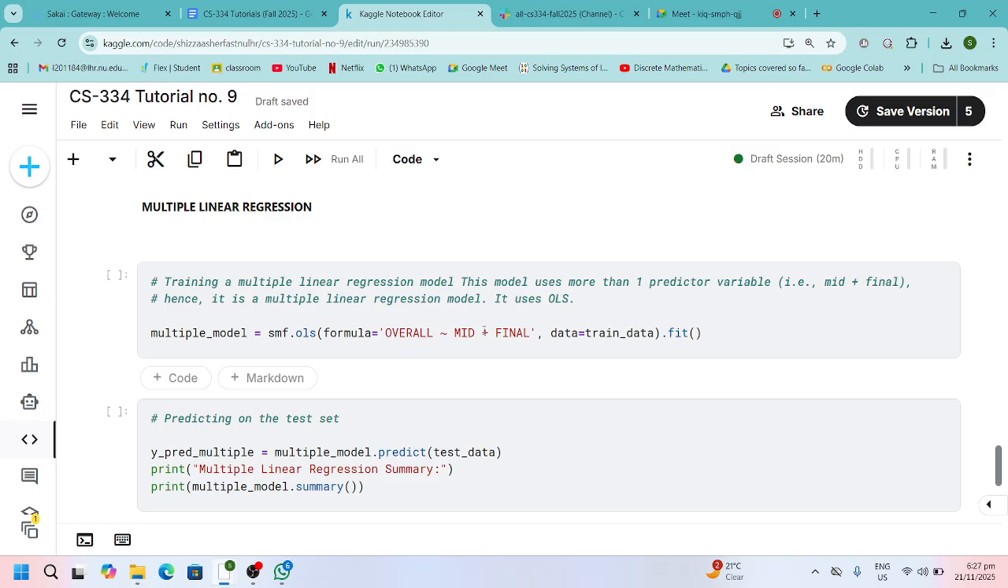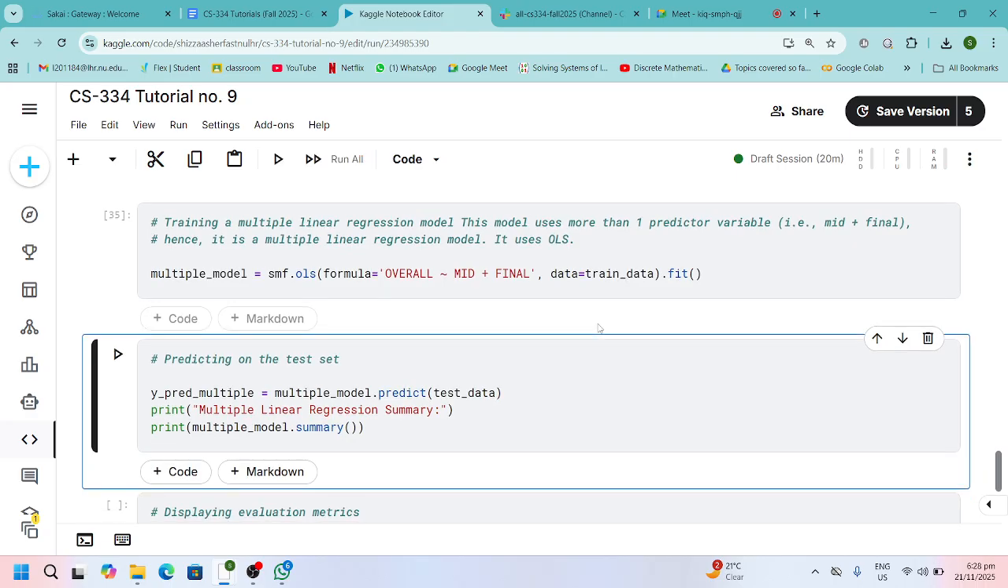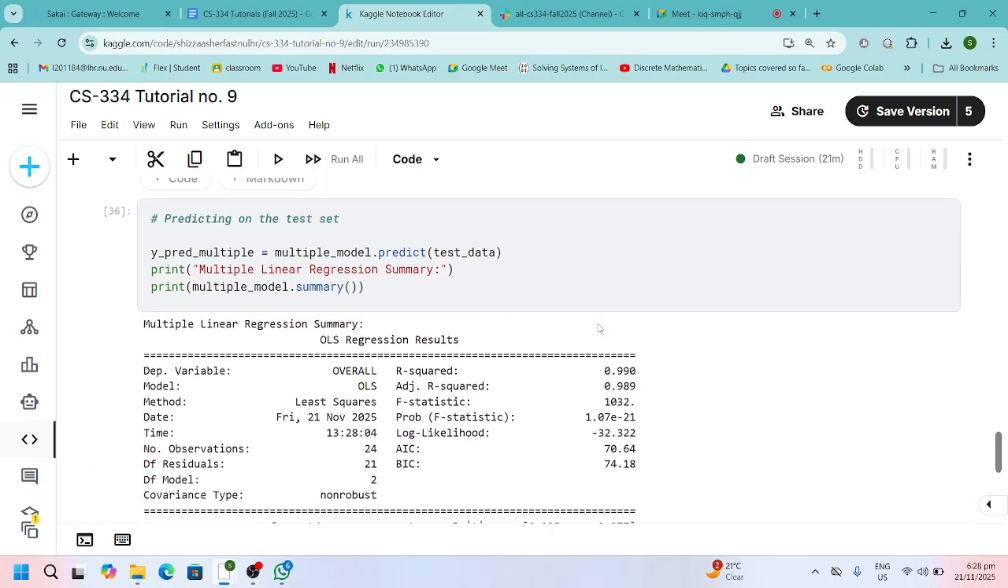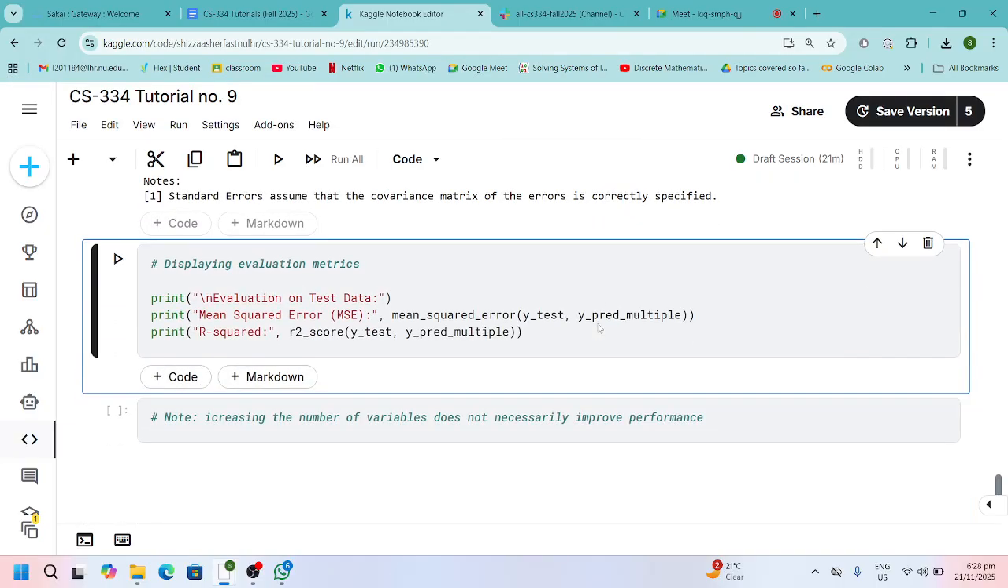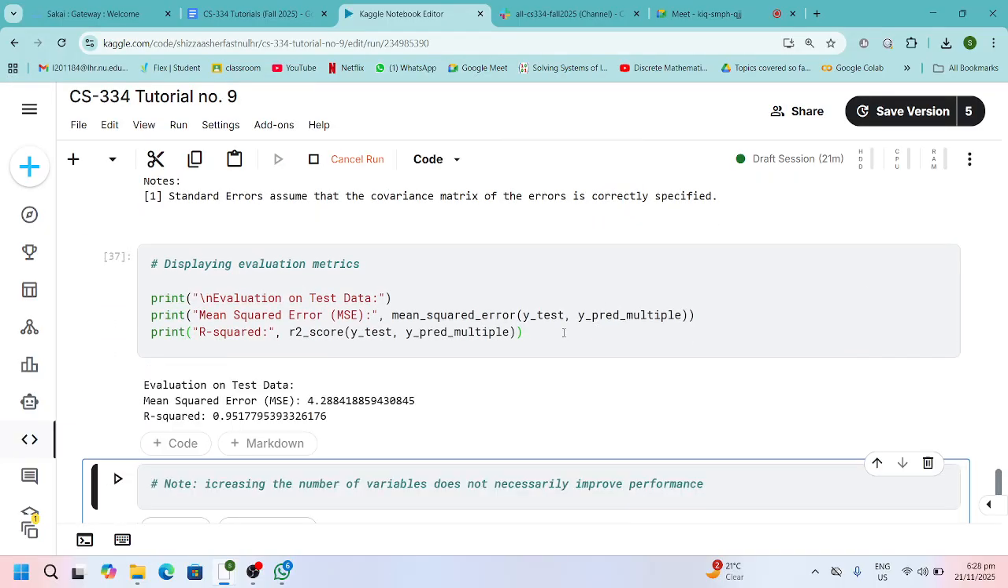So essentially, I have the exact same piece of code, but my formula equals overall, what I'm trying to predict, as a function of mid plus final. Earlier I was actually only using final, and then everything else shall remain exactly the same. Now, when I do my evaluation, I will obtain, well, in this case, I have obtained these MSE and R squared